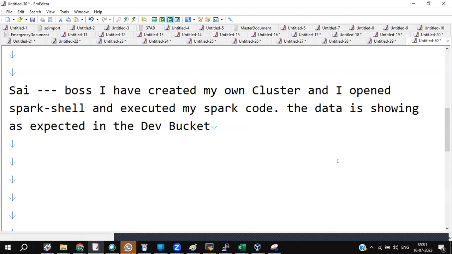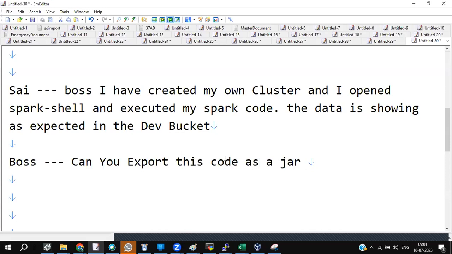Then my boss replied back. What would be the next point? Yesterday we told that. Can you export this code as a jar and do Spark submit in the same cluster?